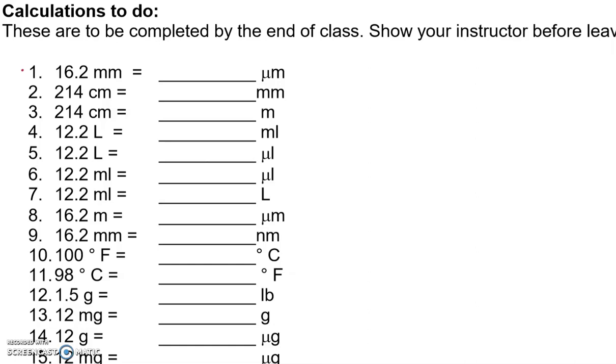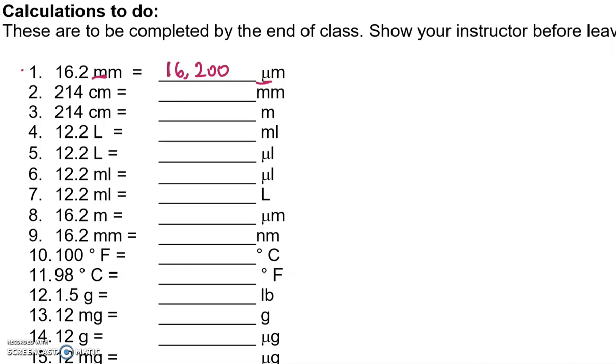If you're going from a larger unit, milli, to a smaller one, micro, that means we need to move the decimal to the right. So that would be moving the 16.2, add 2 zeros, and then you have 16,200 micrometers. If we go from centimeters to millimeters, that's 1 decimal place only, and we're going from a larger